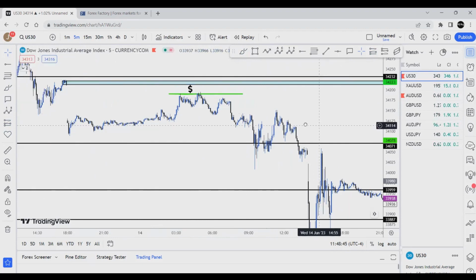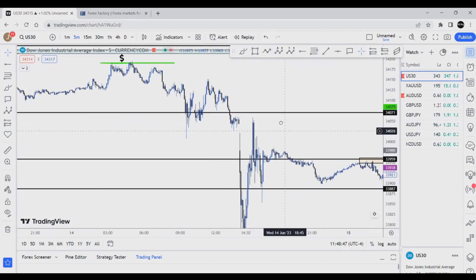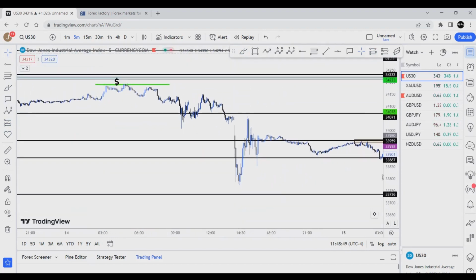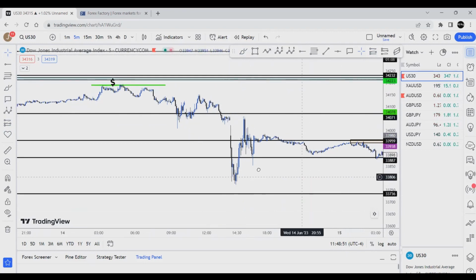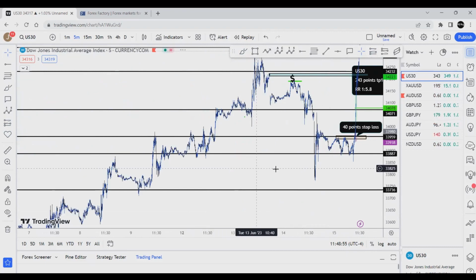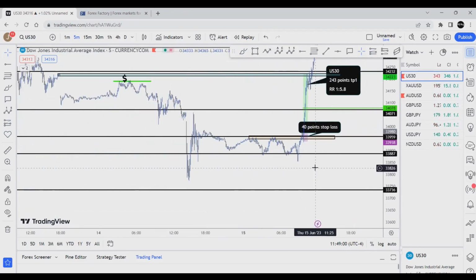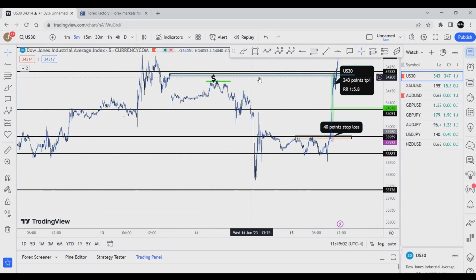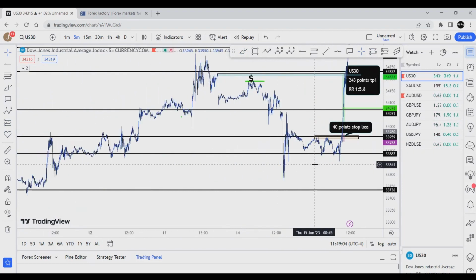Yesterday we had a lot of high impact news as well. Around 2 p.m. Eastern Standard Time, price had dipped down. So one of the things that I noticed is that price retraced down here because it was due for retracement, but at the same time, I know that price needed to go back up here to fill that imbalance.